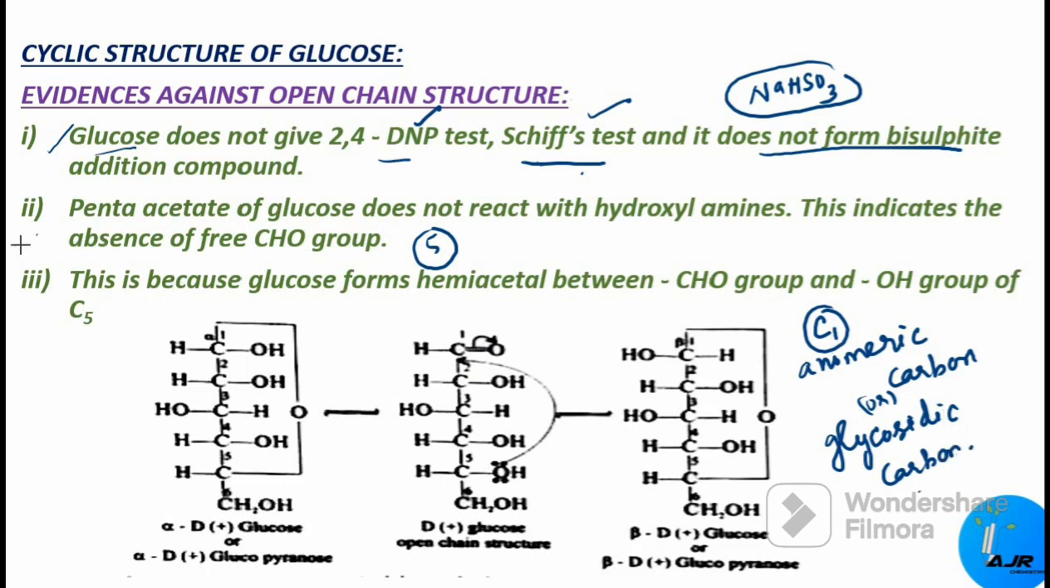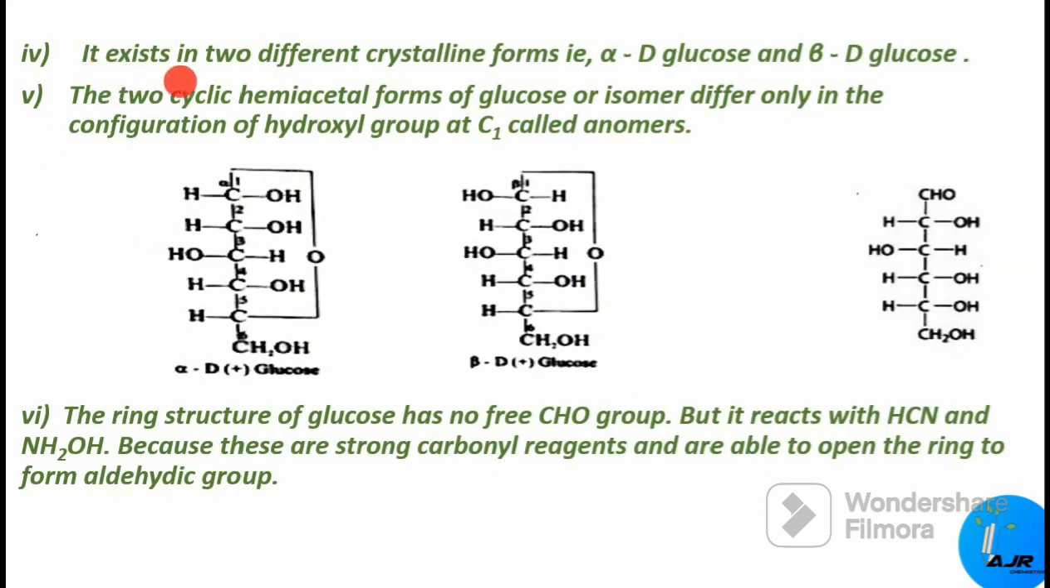Right. The cyclic structure of glucose explains the absence of a free CHO group and also the existence of glucose in two forms. These two cyclic forms exist in equilibrium with the open chain structure in aqueous solution alone. Only in aqueous medium will these two stereoisomers be in equilibrium with the open chain. Can you understand? So I am summarizing, it exists in two different crystalline forms, that is alpha D glucose